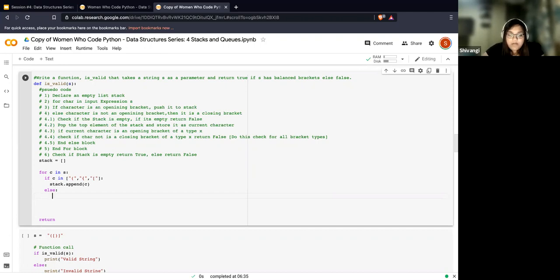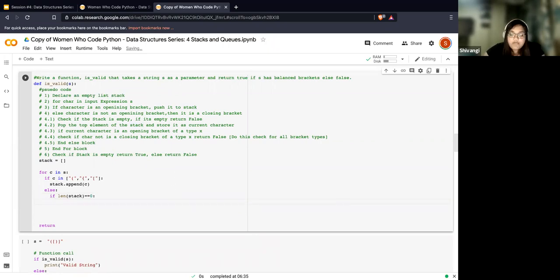Now, what you want to do is check if the stack is empty or not. So how do I check if my stack is empty? Since stack is a list, I'm just going to do len, and if the length of the stack is 0, I'm going to just return false.